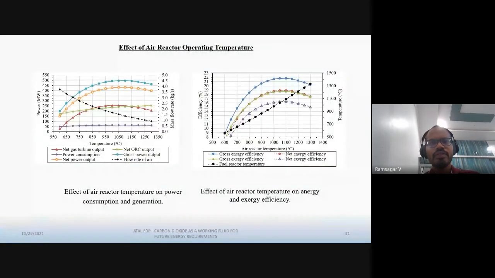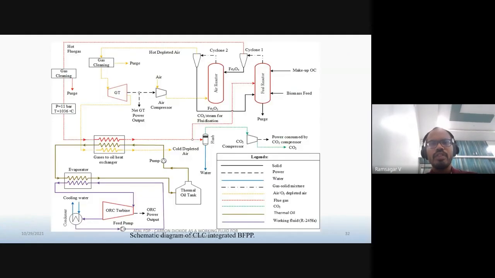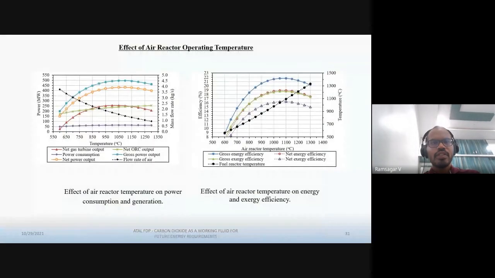By considering that operating pressure, now we have analyzed the third important parameter, which is the air reactor operating temperature. This is the air reactor operating temperature we modify. As we change the air reactor operating temperature, the gas turbine power output increases to some value, and after that it decreases. So the reason for this increase in gas turbine power output